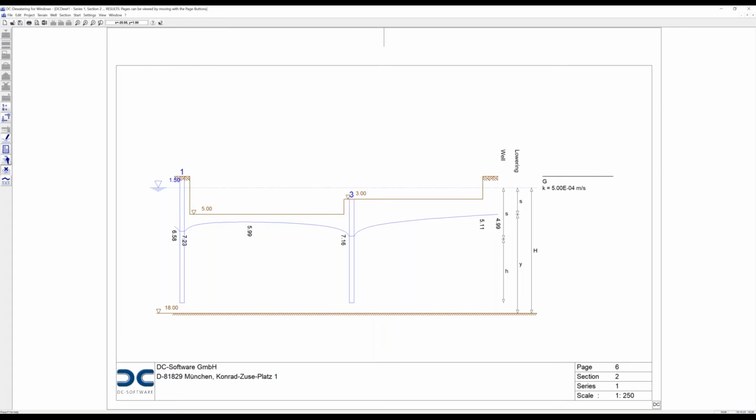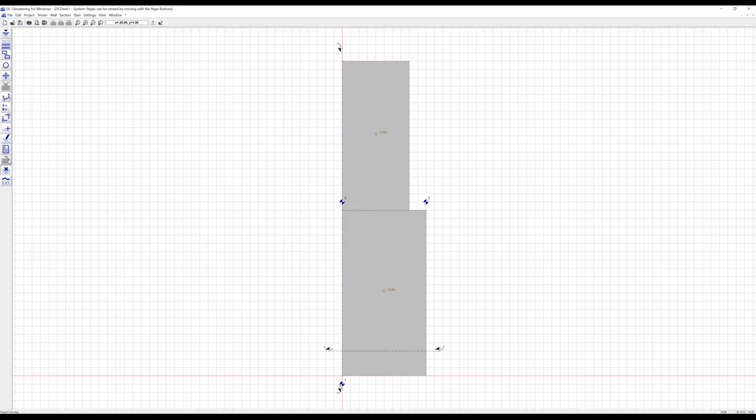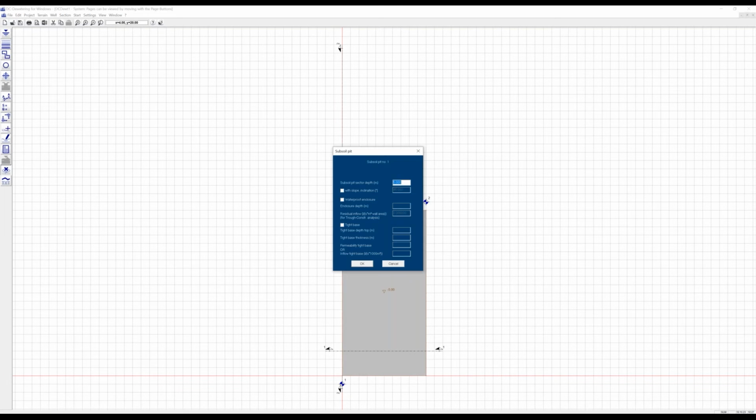So far for the basic analysis, which is a free groundwater flow. Now if we go back to the first foundation pit, we can select the second one and delete it with the delete button or with the cut icon. We have one foundation pit, and when double clicking this area, we can select one of the special